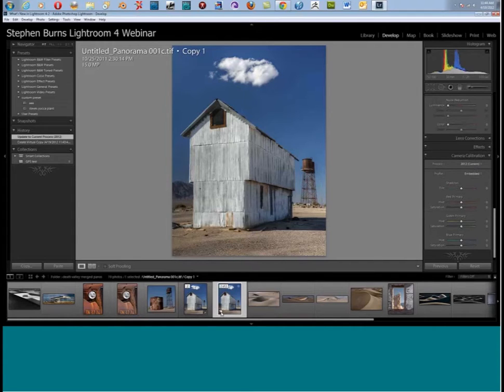It's a little dog-eared effect here, and it's showing you that we have other processes added to it. So we have a different process, and you'll also get this dog-eared effect when you apply a soft proofing as well. If you mouse over it, it'll show you the soft proofing profile